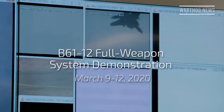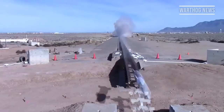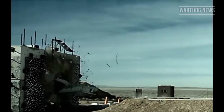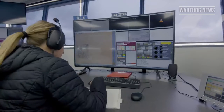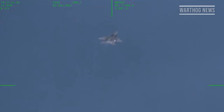The F-35A dropped the test B61-12, which included functional non-nuclear components and simulated nuclear components, from an altitude of 10,500 feet. It took approximately 42 seconds for the bomb to hit the designated target on the range. This was the first test to exercise all systems, including mechanical, electrical, communication and release between the B61-12 and the F-35A. Stephen Samuels, a manager with Sandia's B61-12 systems team, added, "The latest test is a critical piece in the